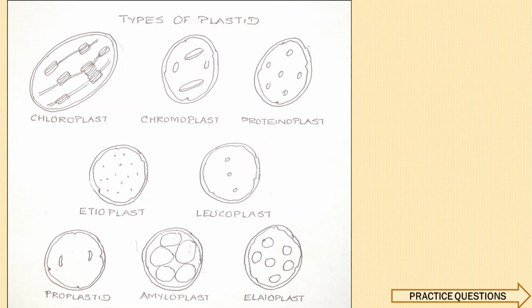Other than chloroplast, there are various other types of plastids. We can summarize the different types of plastids with their specialized functions with the help of the following slide. Etioplasts are the precursor of chlorophyll. Chloroplast is the site of photosynthesis. Chromoplasts are colored plastids containing various pigments, namely carotenoids, and carry on photosynthesis.